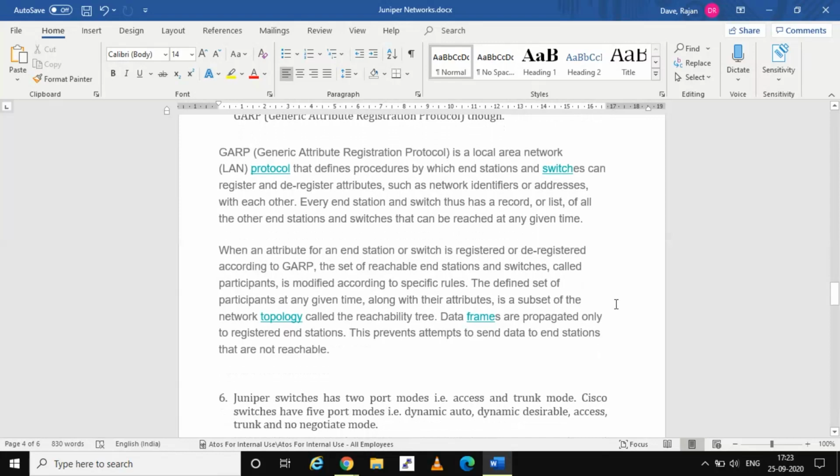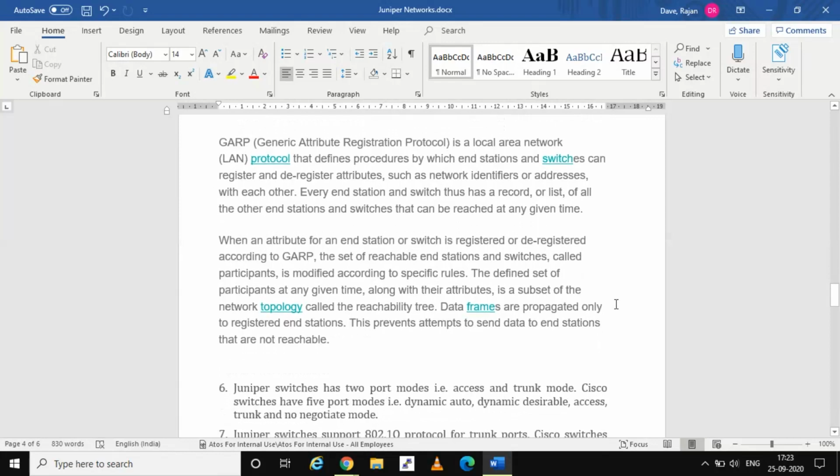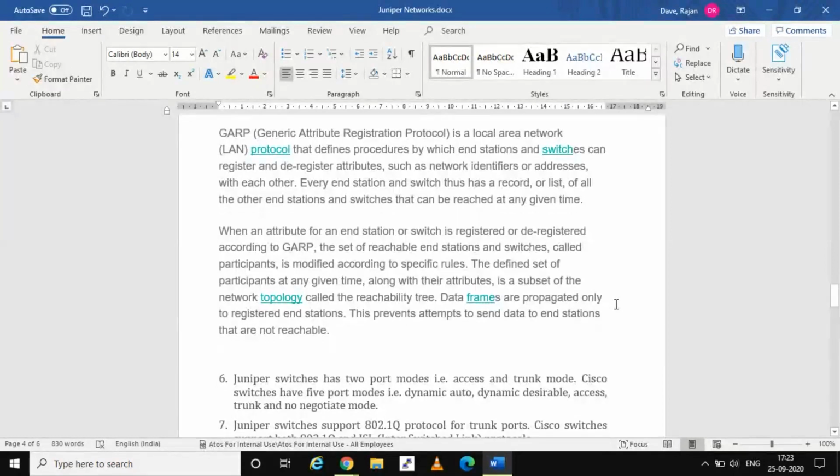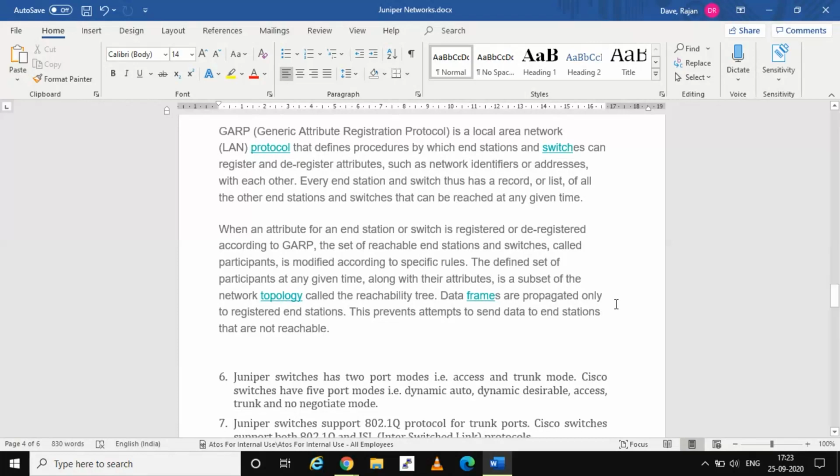Also, in this protocol, according to a specific set of rules, participants at any given time, along with their attributes or a subset of the network topology, form what is called a reachability tree, and data frames are propagated only to the registered end stations. This prevents attempts to send data to end stations that are not reachable.